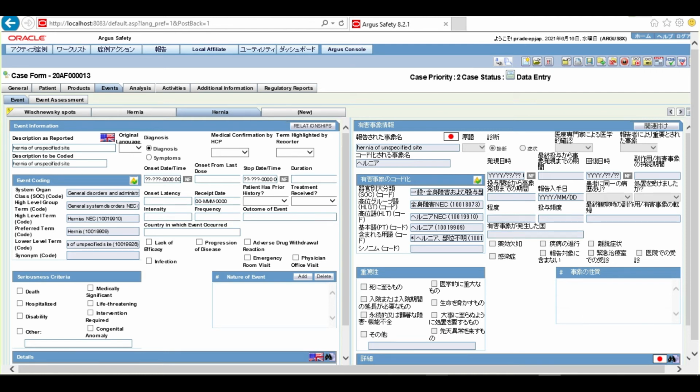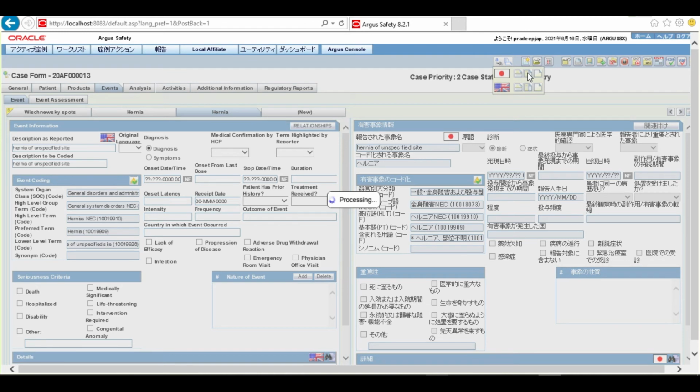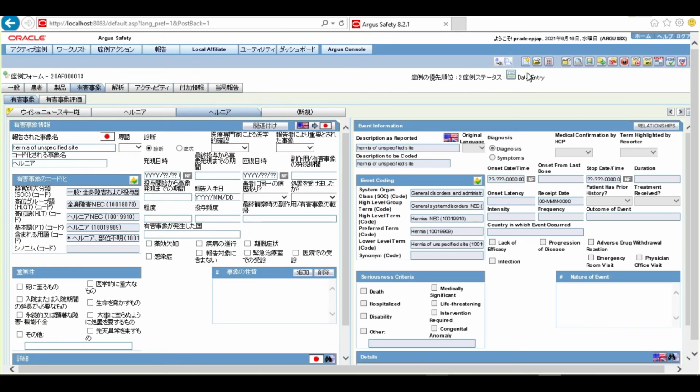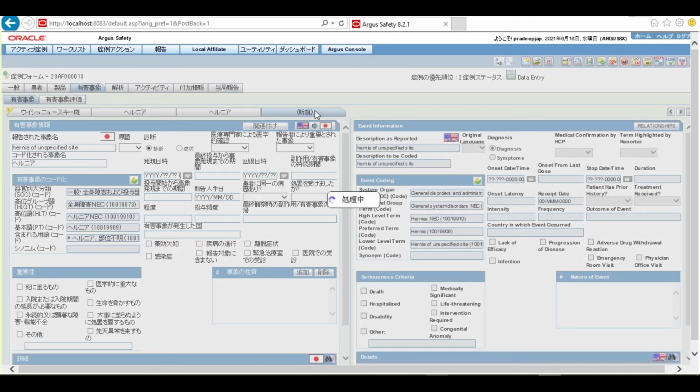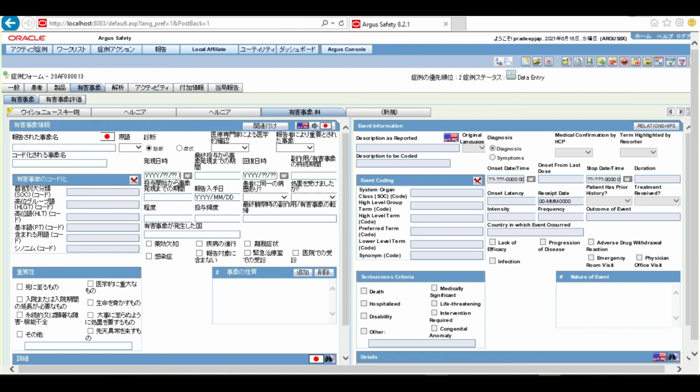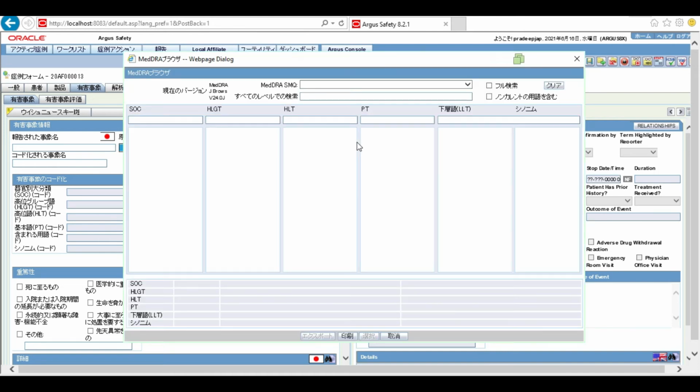Now let us change the view of the split screen. Now let's navigate to the new event and let's navigate to the MedDRA browser. I'm going to enter the same Japanese text over here, and I'm going to tab out.